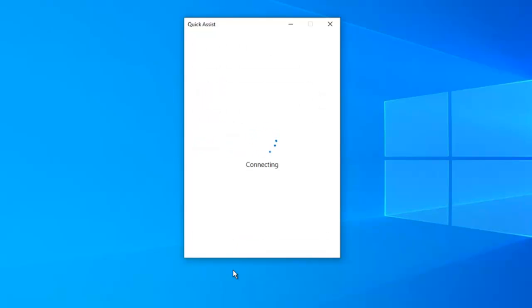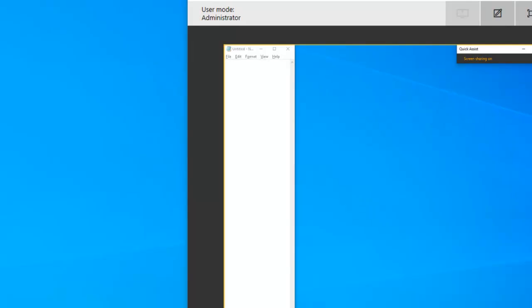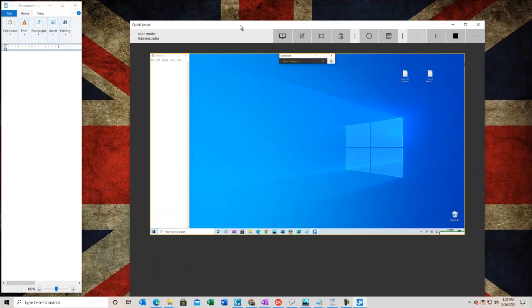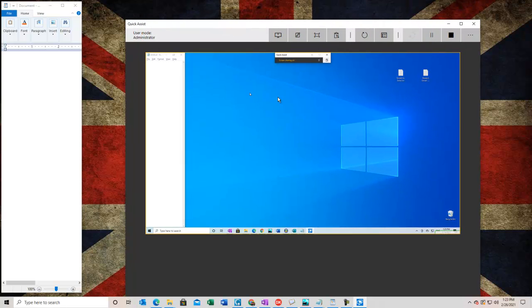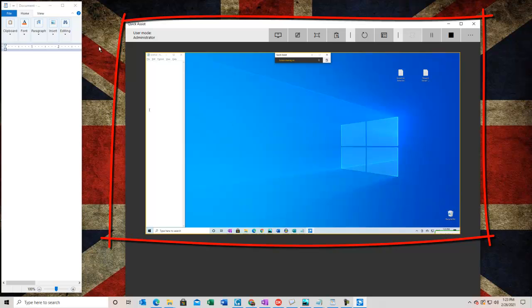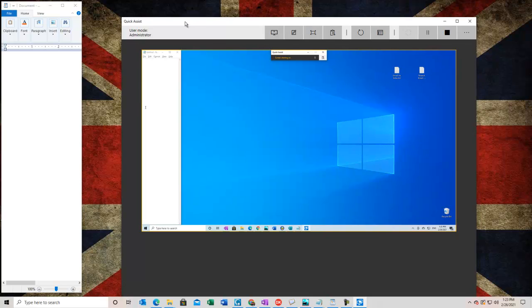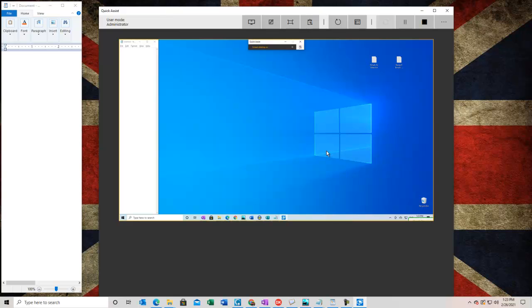and I think we need to go back to the first computer. There it is. We're on the first computer now, and you see the Quick Assist application. There it is. And there's the screen of the other computer. So just in case you're not getting this, here where you see the British flag, what we're looking at is the same computer I've been sitting in front of the whole time. However, on my screen is the screen of the other computer,